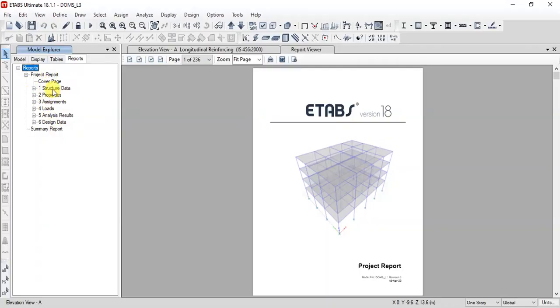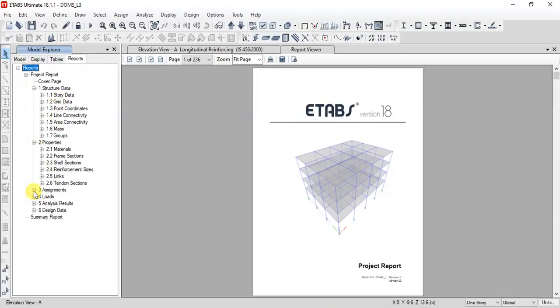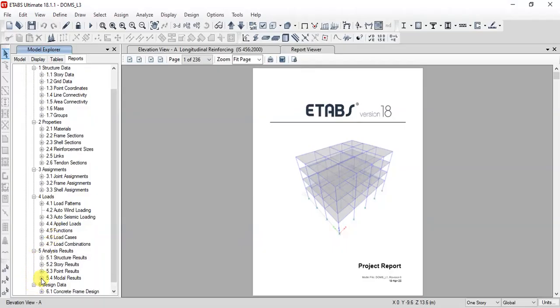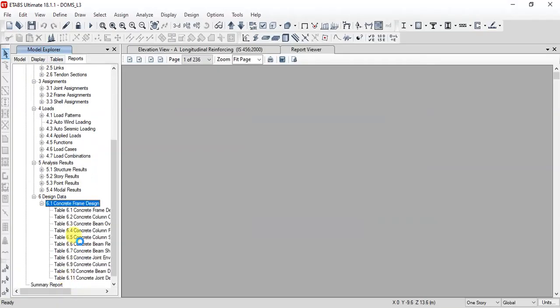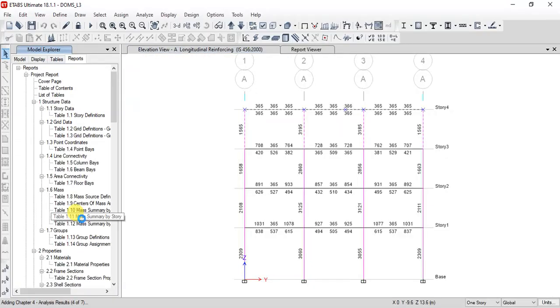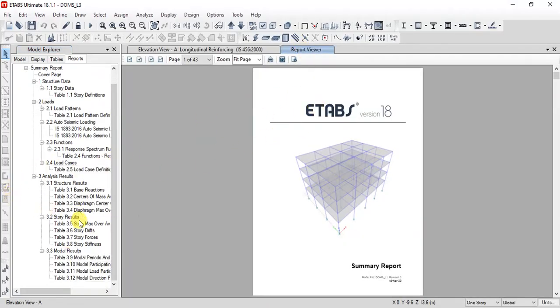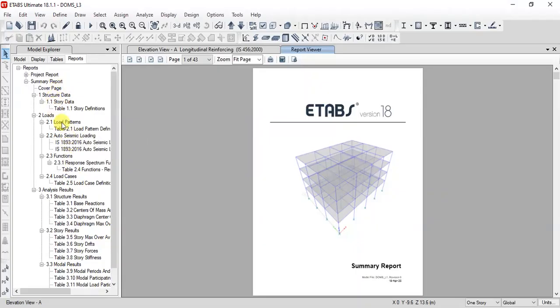We have the reports for structural details, properties that we have assigned, loads, the analysis results, and the design results. So you can go to each one of them and check the results. So go to this report viewer here. You will be able to see the results for